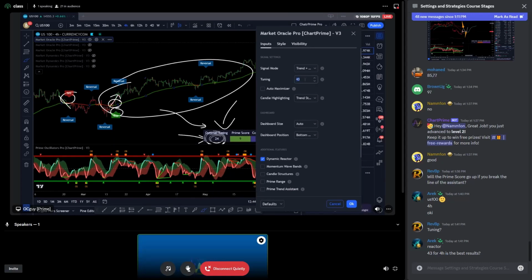As for 43, and remember, I haven't looked at NASDAQ for the past week, so this is just my Bitcoin setting. It seems to work very nicely with NASDAQ. So it seems like it's good. Could I improve it? Maybe I could. So is 43 the best setting? No, that is not the best setting. Is it what I like to see? Yes, it's getting closer to what I like to see. So does that answer your question, Eric? I know it's a bit confusing, but I'm trying to make it as precise as possible.